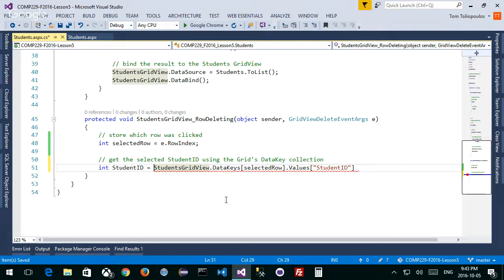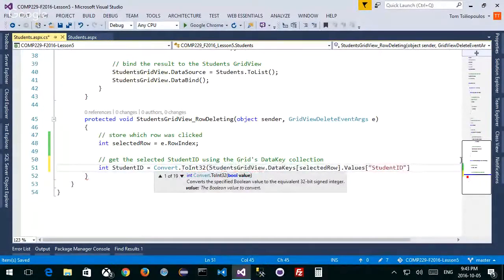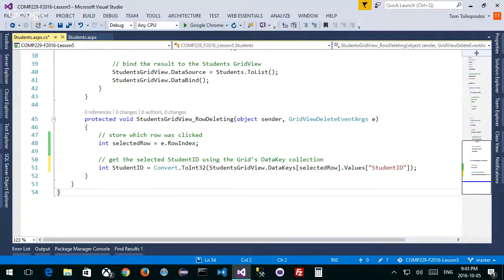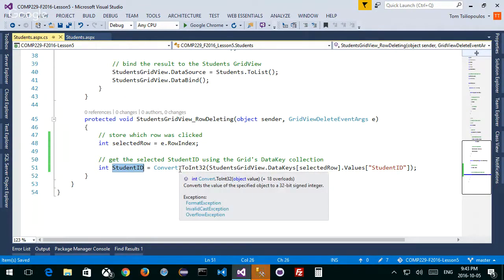So what I can do is convert this to an integer. I'm going to use Convert.ToInt32, a regular int, and wrap everything in here. Okay, cool. So without knowing what this does for a second, I'm getting information from my selected row, whatever the number is. I'm relating it to a field inside my table, a row in my actual table, and I'm storing it in the studentID that's related to it. So whatever that student ID is.